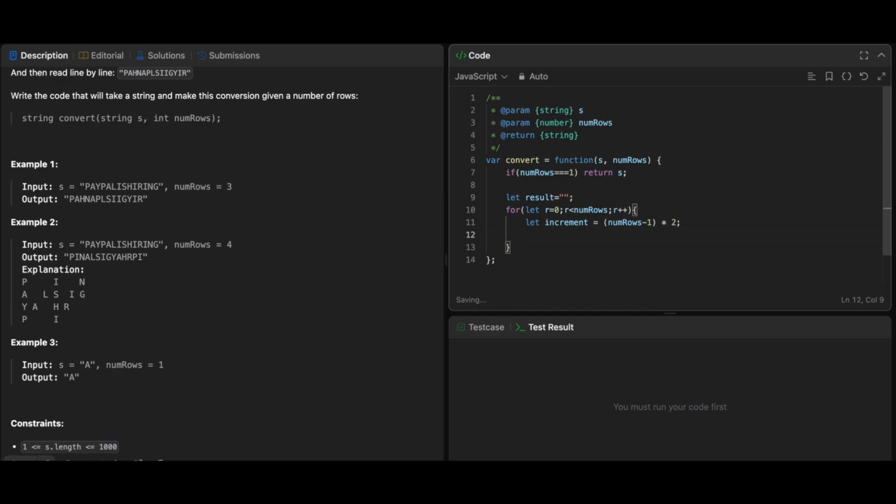Let's start the second loop for the characters. For let i is equal to r, i less than s.length, and i plus equal to increment. Result is equal to